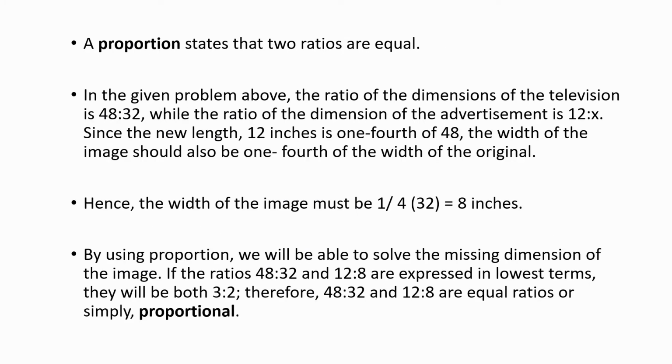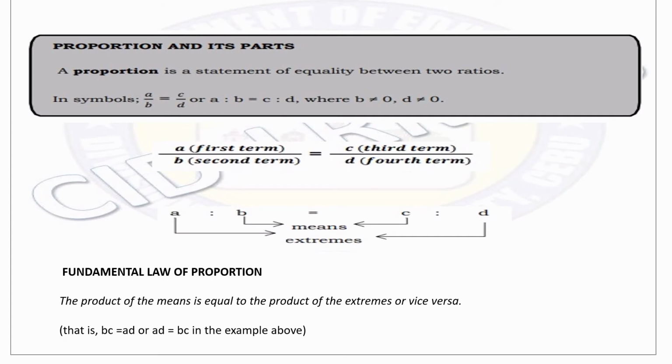By using proportion, we will be able to solve the missing dimension of the image. If the ratios 48 is to 32 and 12 is to 8 are expressed in lowest terms, they will both be equal to 3 is to 2. Therefore, 48 is to 32 and 12 is to 8 are equal ratios or simply proportional. Before I show you the solution on how we find the value of x, which is 8,